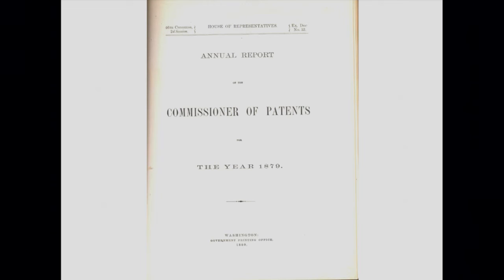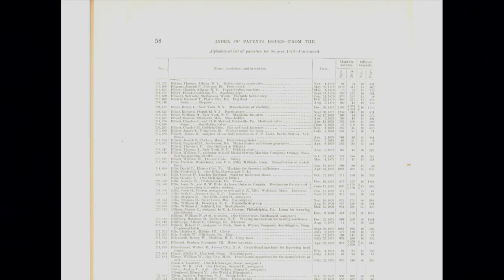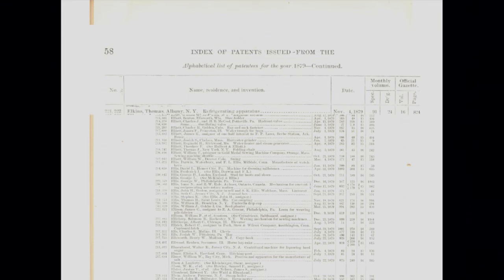I also mentioned patents, and then we'll take a look at a few of these reports. The annual report for the Commissioner of Patents provides the lists of the patented ideas, the names of the inventors, their patent numbers, the date of the patent, and the publication information in the official Patent Office Gazette. They also include indexes, so if you're not sure what you're looking for, you can just scroll through each annual report and see. And here we have an entry for an African-American inventor named Thomas Elkins, a patent for a